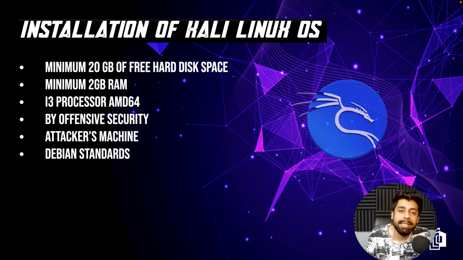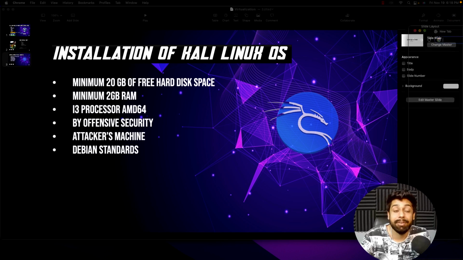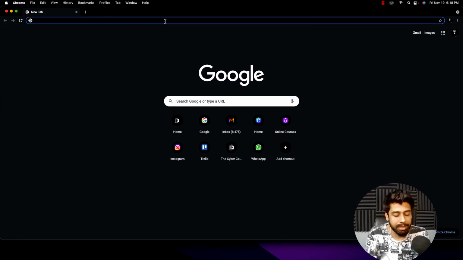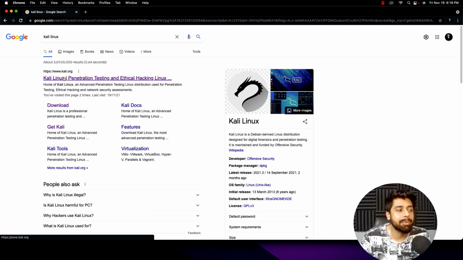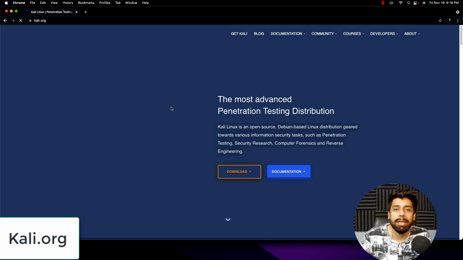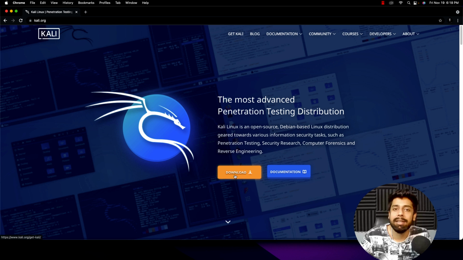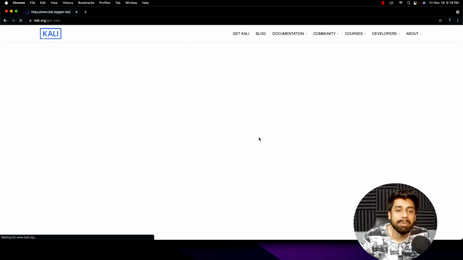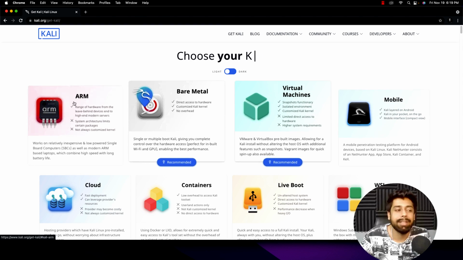So these are the quick points that are going to help you while installing Kali Linux. But definitely there are a lot of different variables, as Kali Linux comes with different choices of installation. So let me first of all go ahead and Google for Kali Linux, and I'm going to go to kali.org, the first result popping up after searching on Google. You can see this button here which says download, but as soon as you click on it, you'll see plenty of options to proceed with the installation.